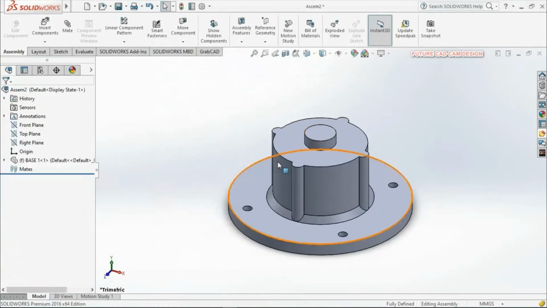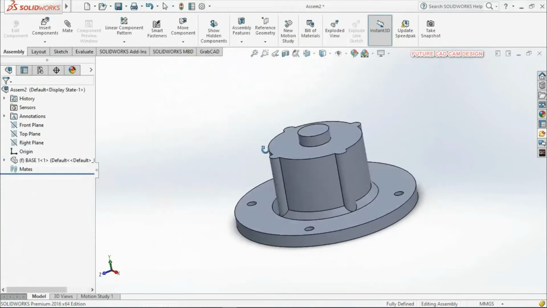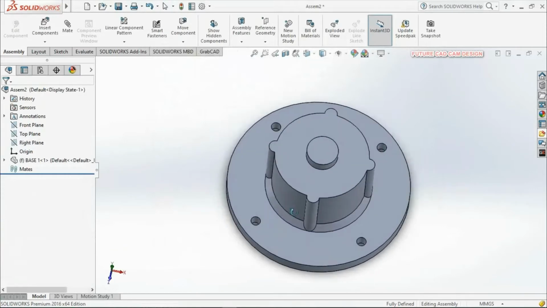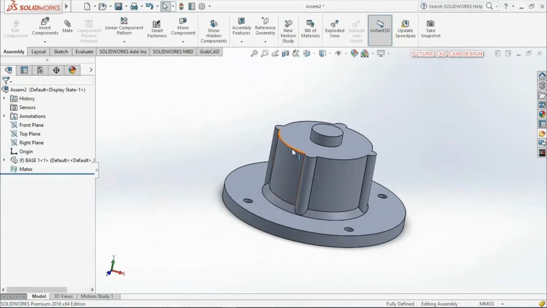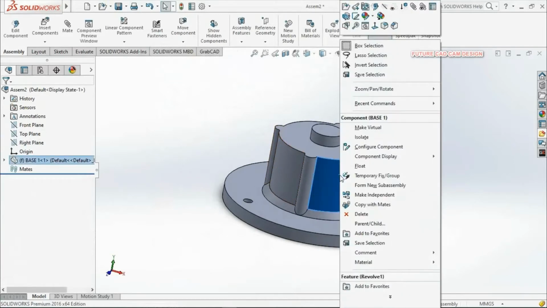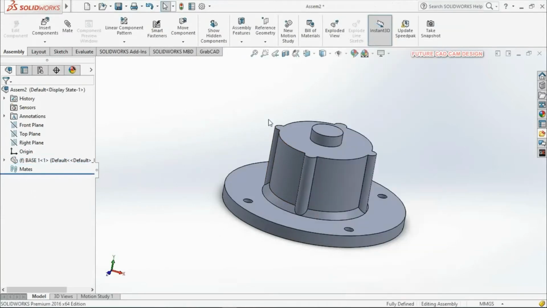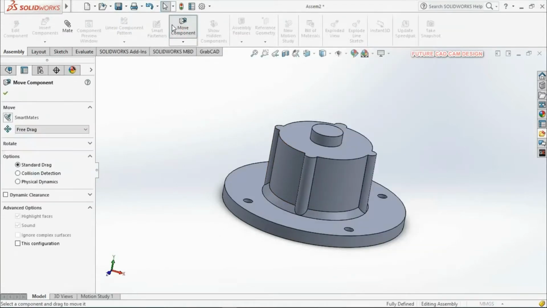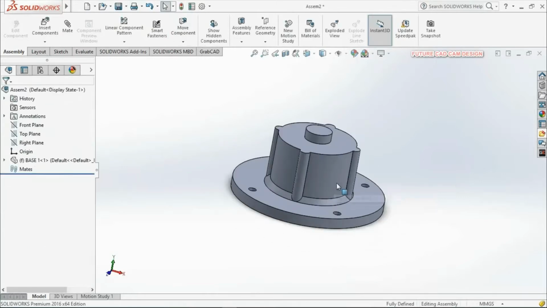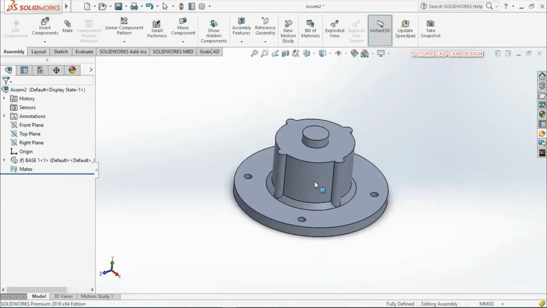While you are creating an assembly, whatever first part you insert into the assembly will be directly fixed to a certain position. For example, here you can see that if you right click your mouse, there is a float option. If I click move component, the component will not move now. The reason is the first component is automatically fixed to a certain position. Okay, this is our base component, already fixed.